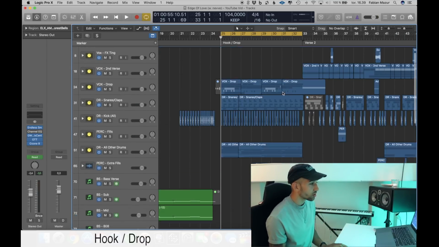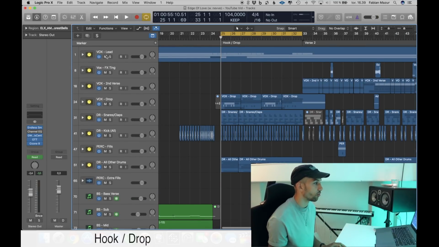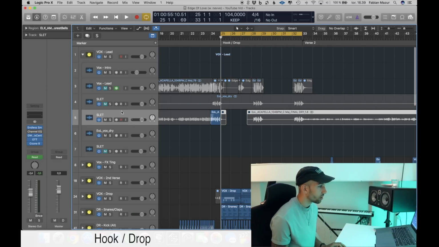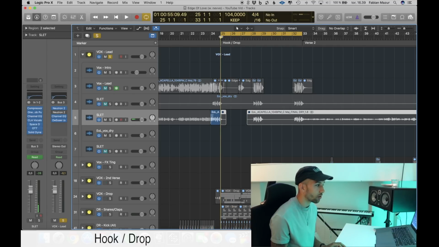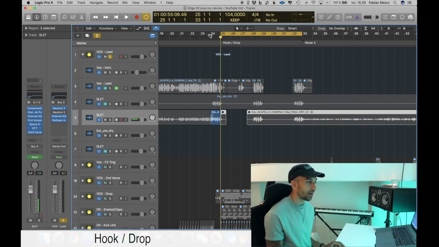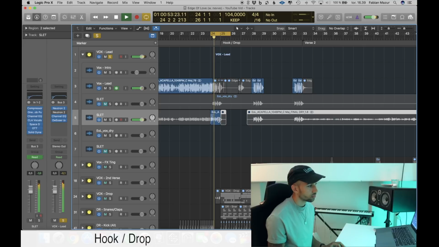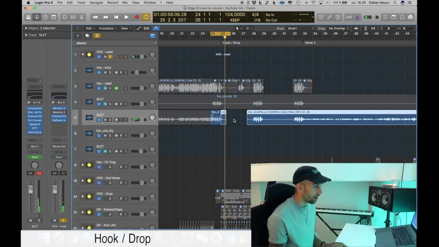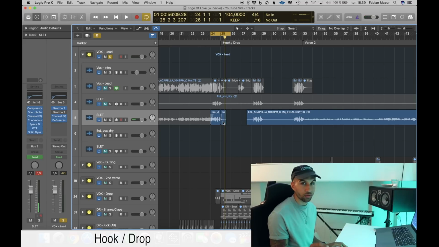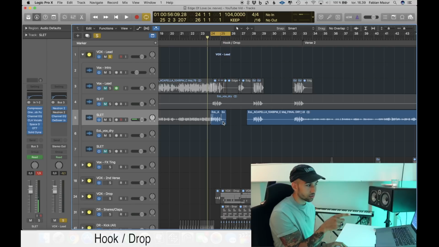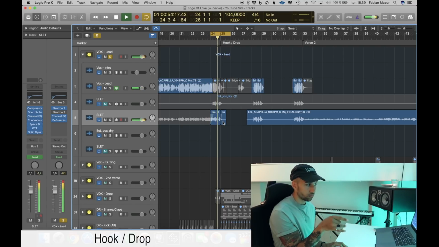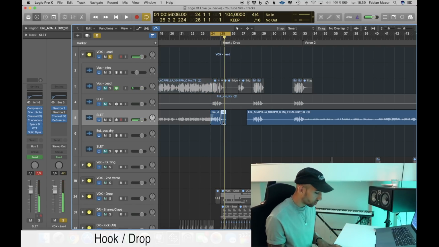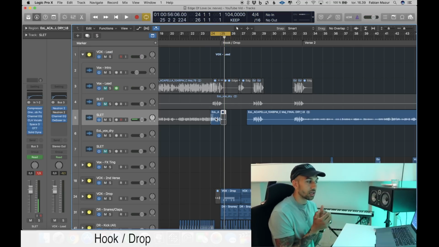Alright, so let's start from the top with the vocals here on the drop. I actually had the vocal lead cut off right when the kick comes in, and I was really in doubt whether or not I should have it go, or whether I should have the vocal, the word love, be full, so it sounded like this. I chose to mute the love, so all the vocals mute when the kicks come in to give it more